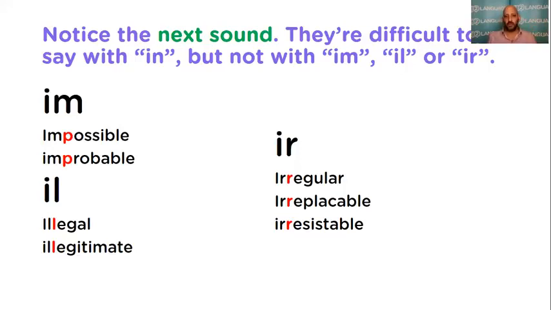We've got to say the words. We don't just read the words. English is a spoken language and English is a written language. So we've got to accommodate that, and we've got to make our mouths fit what we're saying. So we have in, im, il, or ir, okay, irregular, and so on. So again, that's an example of what we do to make sure that we avoid the inconvenience of having those weird combinations of two sounds.